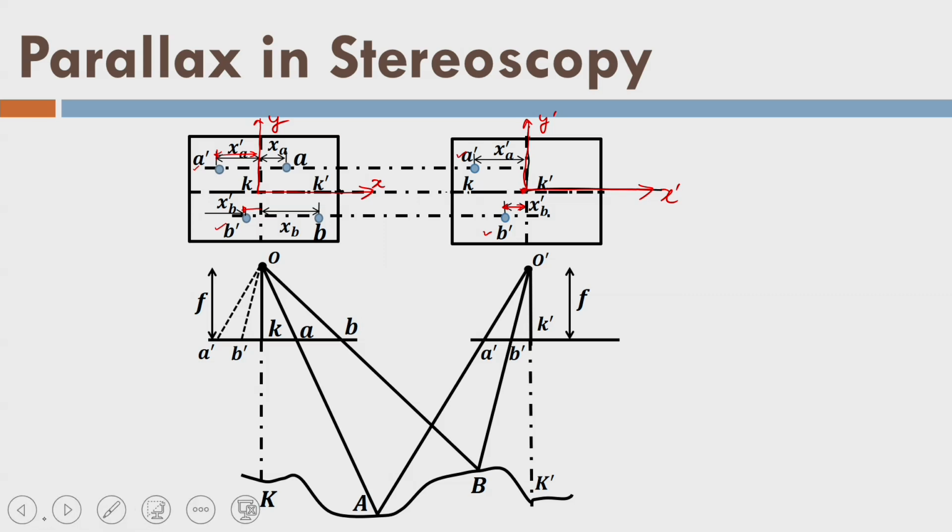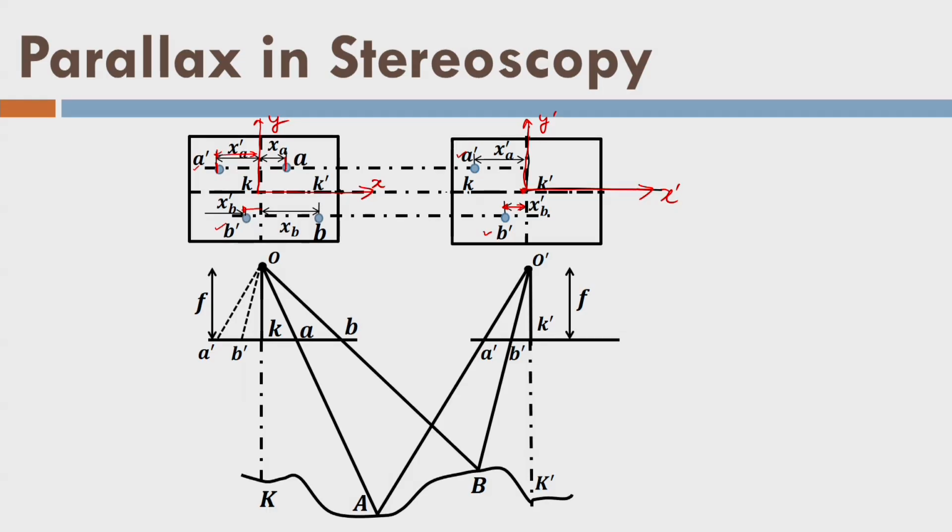So, can I say that this distance between point A and A dash is basically the shift in the location of point A on successive exposure. Remember, we have done the experiment, we close our first eye, then we close the second eye. So, there is a shift in the point. So, this shift is equivalent to this XA and XA dash, because at first exposure it was captured here. After some time there was a second exposure, so it was captured here. So, there is a shift here, and since it is in the negative direction, I am putting it into this negative direction here. So, that is a total shift.